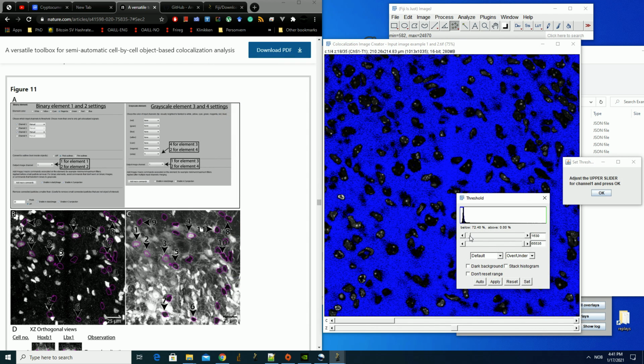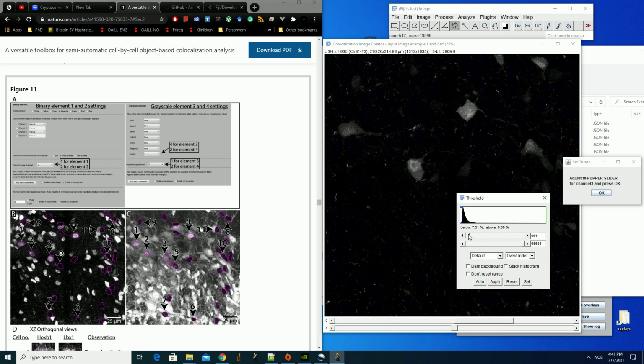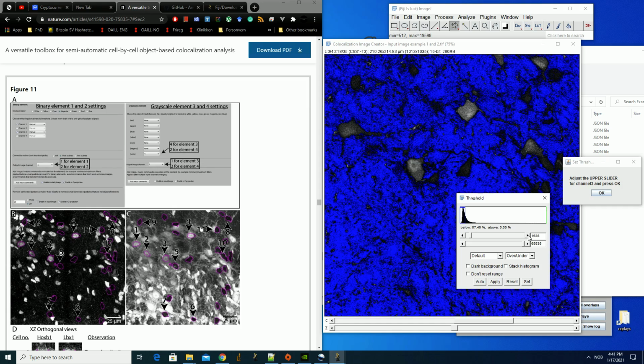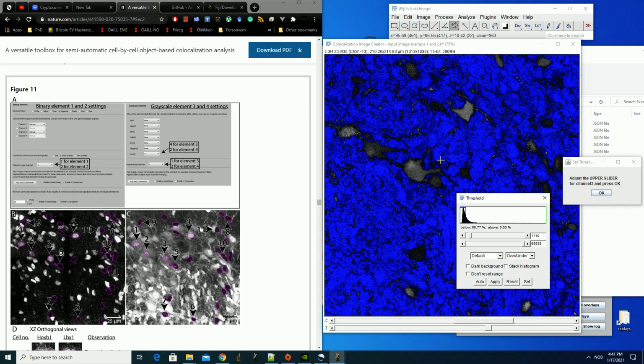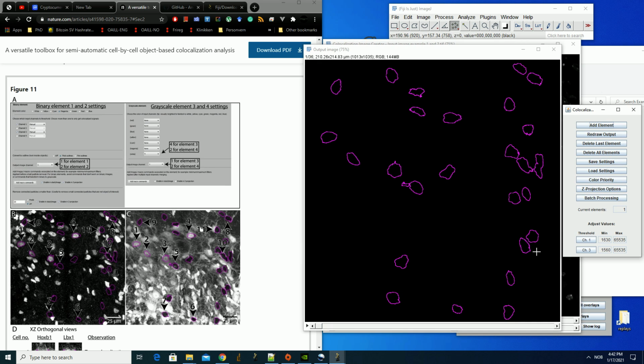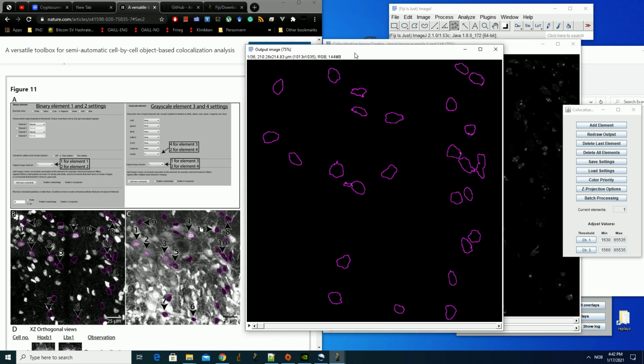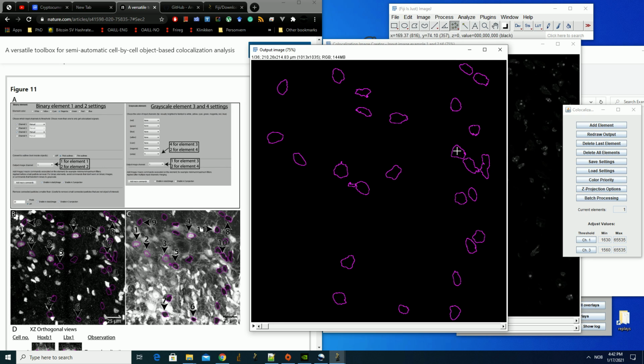We apply our thresholds. Remember that it should be a bit low for the nuclear signal. We learned that in the previous exercise. And this is the retrograde labeling. And we click OK. So now what we are seeing here are all the retrogradely labeled neurons, but we are seeing the nuclear location, and we're seeing what's inside of this. Currently we don't see anything else inside because we don't have any other elements, but we create also then what we want to see inside of here, and that is a